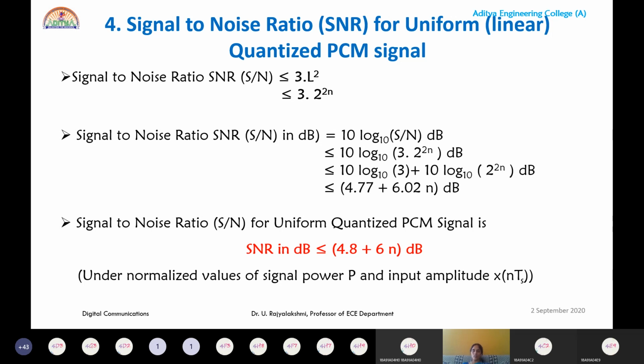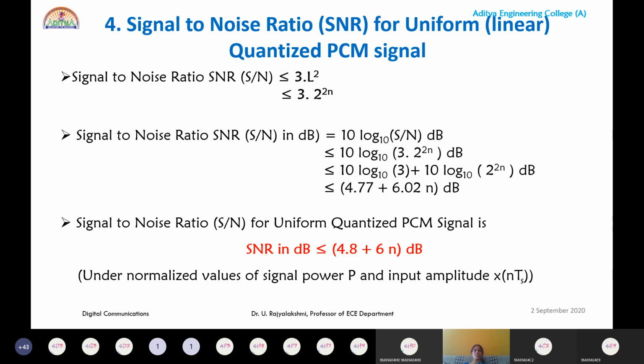So take the power 2n outside the logarithm. So you will get 20n log 2. That 20 log 2 is nothing but 6.02. So finally you will get the SNR as always less than or equal to 4.77 plus 6.02n